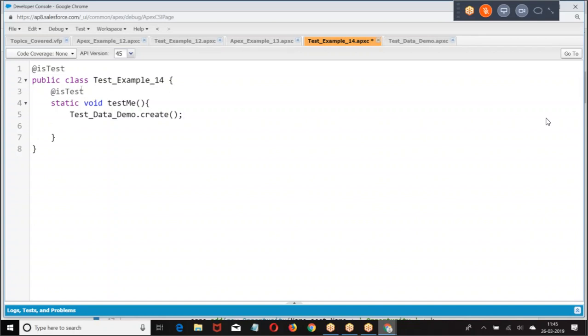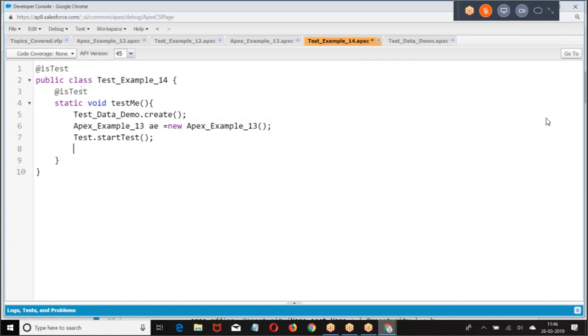Then what are we going to do, boss? Which class are you supposed to test? ApexExample. Tell me how you are going to do it. Test dot. Then I was giving it. If the test class was running properly, what will happen?